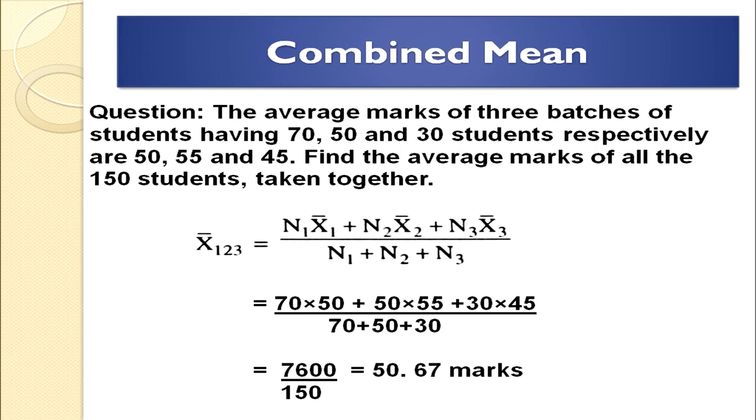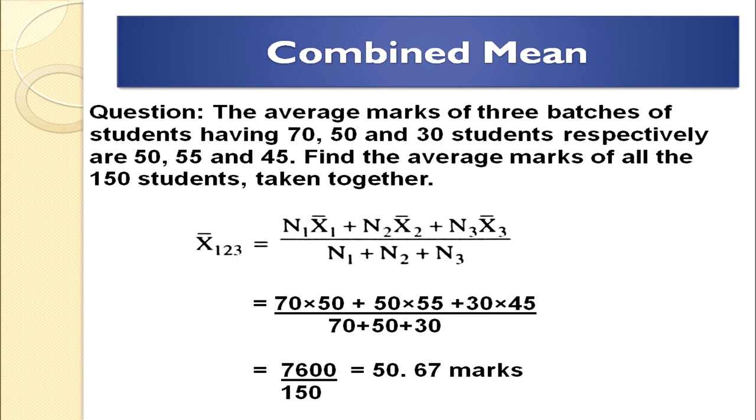Mean is given to us as 50, 55 and 45. In this case, the combined mean formula will be written as mean 1 for the first component, second component and the third component: N1 mean of 1 plus N2 mean of 2 plus N3 mean of 3 divided by total number